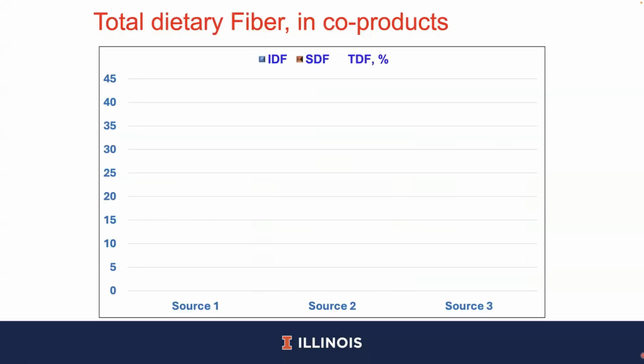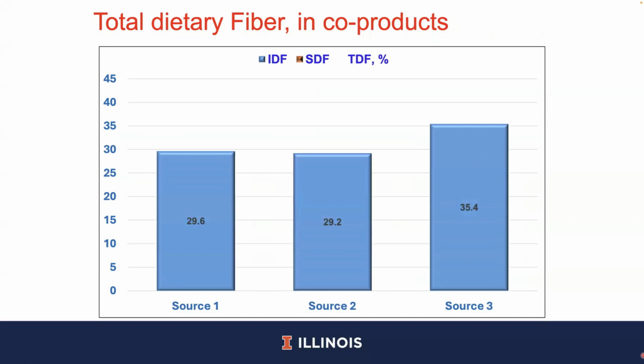However, let me show you more in detail the fiber content. We observe a higher concentration of insoluble dietary fiber, or IDF, that is indigestible for monogastric animals and can affect the digestibility of energy and protein, as has been demonstrated in previous studies. We also observe a higher concentration of soluble dietary fiber, or SDF, that can be fermented in the large intestine and